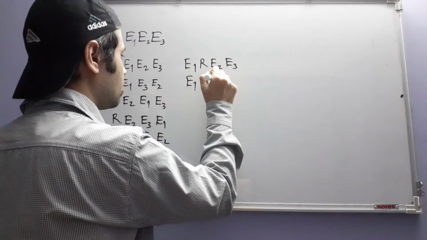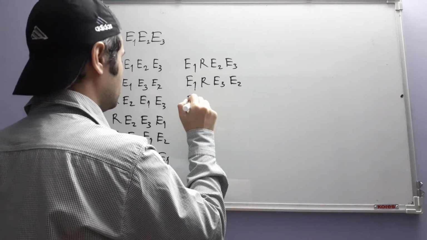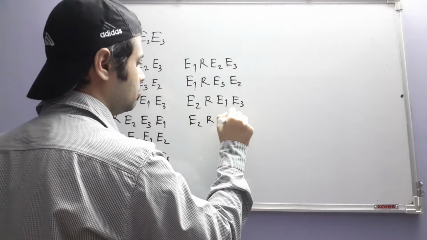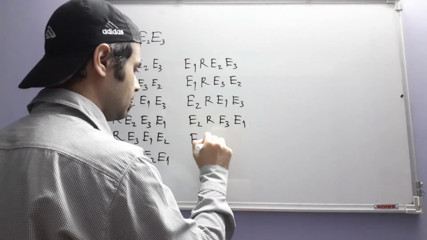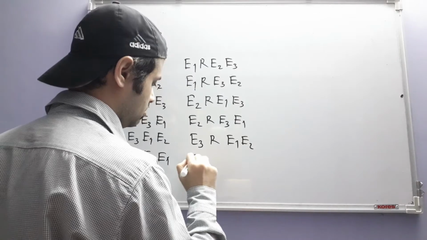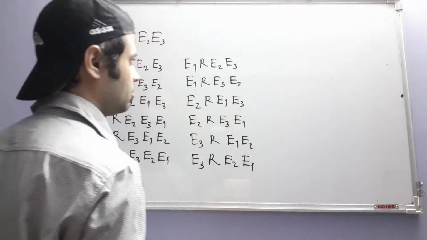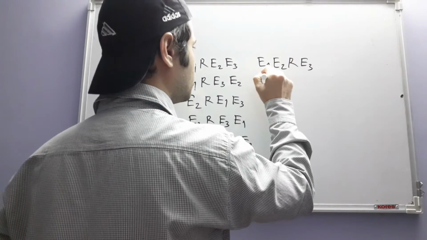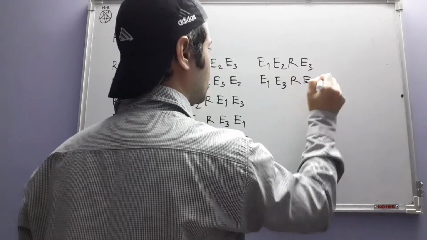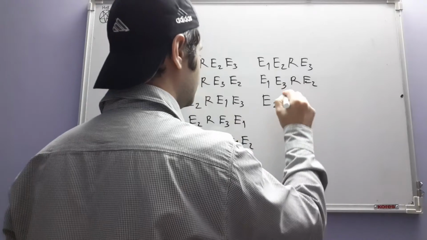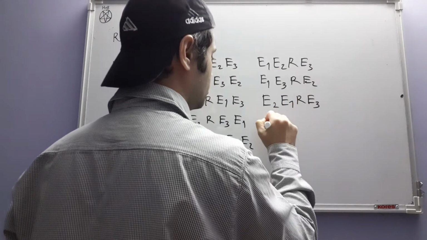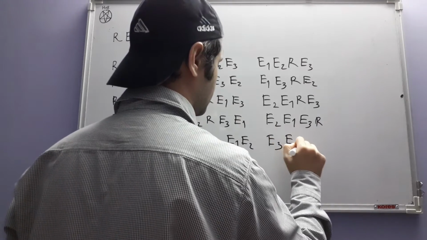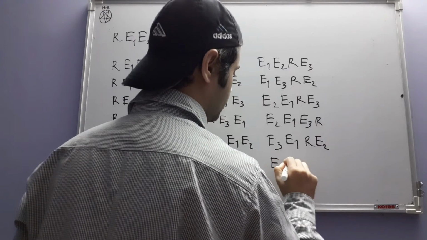So E1 R E3 E2, E2 R E1 E3, E2 R E3 E1, then E3 R E1 E2, E3 R E2 E1, and then in the third column, E1 E2 R E3, E1 E3 R E2, E2 E1 R E3, E2 E3 R E1, E3 E1 R E2, E3 E1